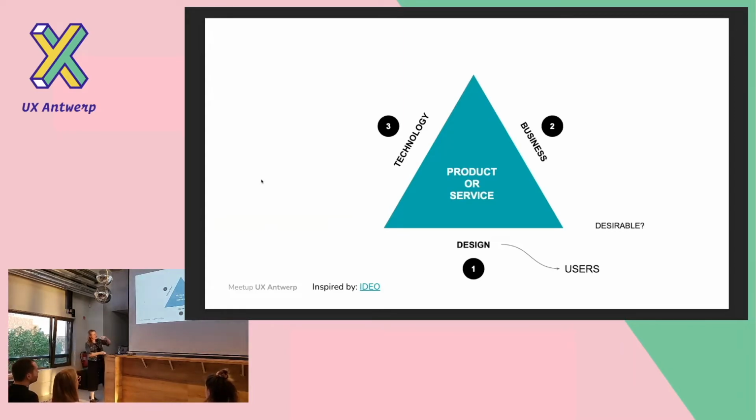The second side is the business side. In most projects, we have to talk to stakeholders, to people who know what their organization wants and what they need. And there we talk about what is viable, which solution is supporting the goals of the organization. And then the third side, of course, is development. If we want to know if the solution that we have designed is something that you can realize, that's something you can build, then you have to talk to development to see if it's feasible.